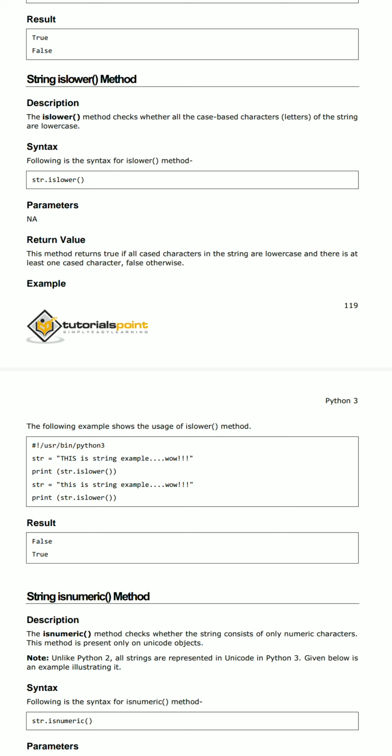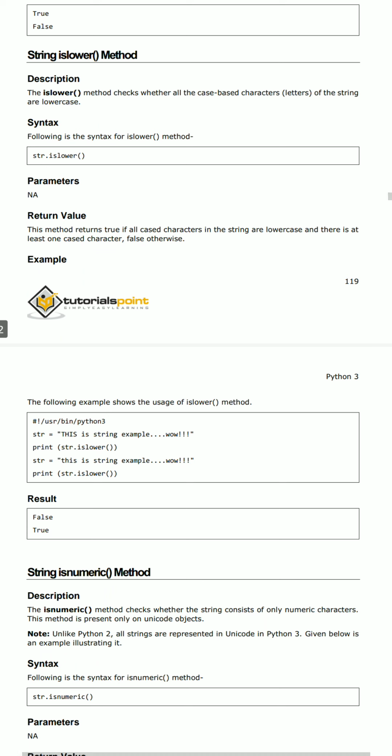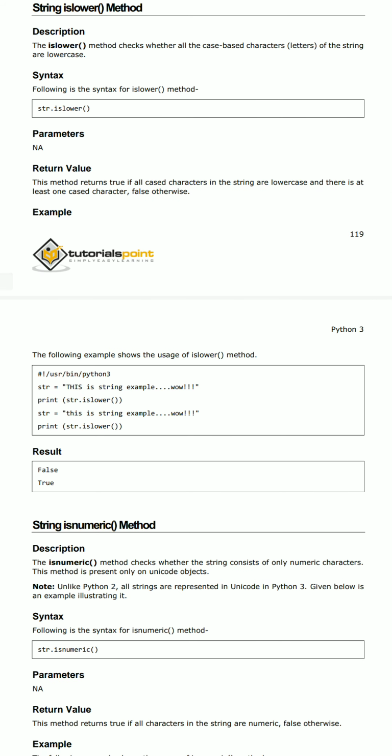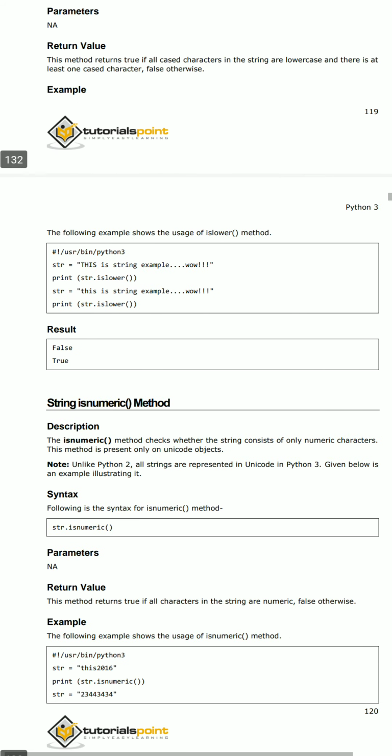The syntax for this method is string dot islower, and it has no parameters. As the return value, it returns true if all the characters in the string are lowercase. Otherwise it returns false. So let us consider a small program